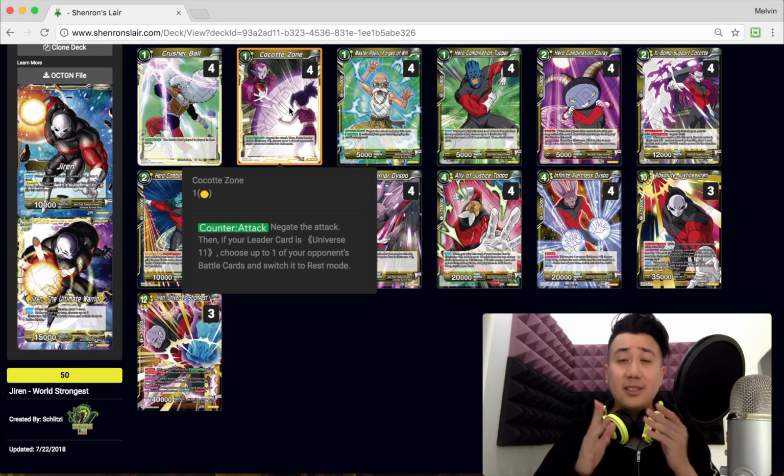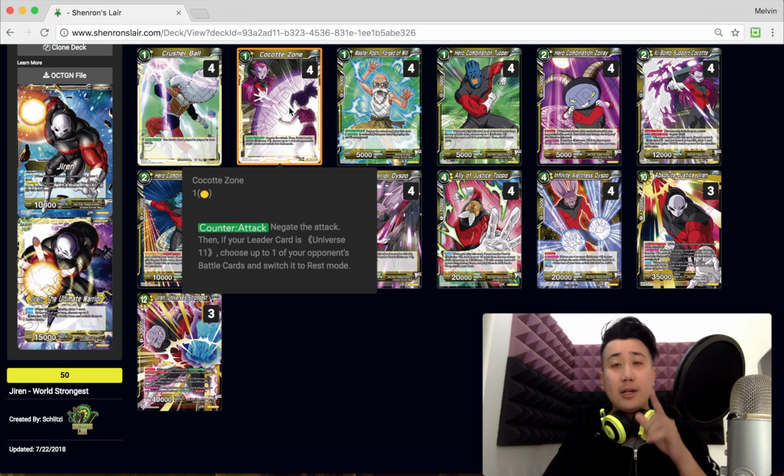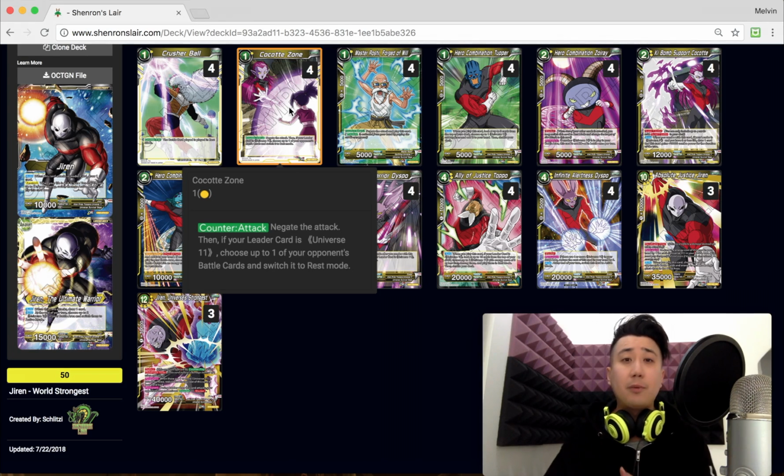counter attack. This is your negate, one of the best negates in the game. I'm gonna say it right now, it's better than Nimbus. The reason why is that it negates the attack, and if your leader is universe 11, choose one of your opponent's battle cards and switch it to rest mode. Basically it's a 2 negate